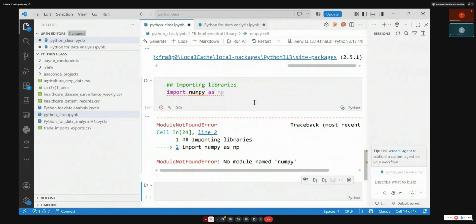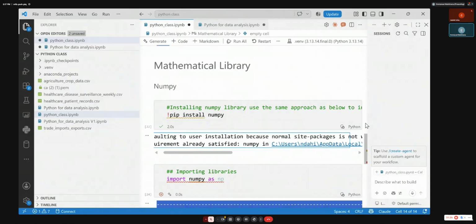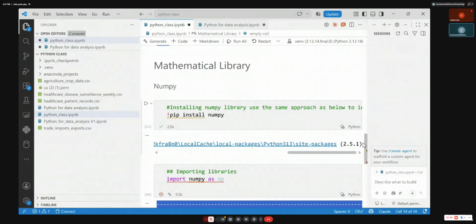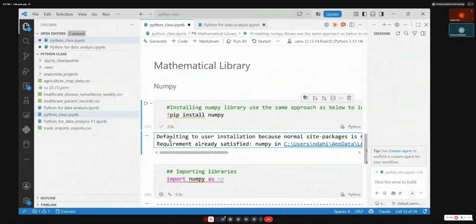No module called NumPy. No, it should be there. Let me see what this error simply means. Did it work? Yes. Okay, let me sort mine. Let me sort my error. Should work. Huh? Dependence? Which error?